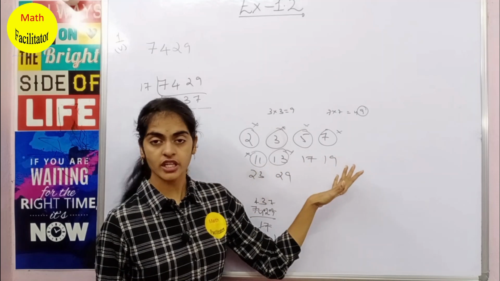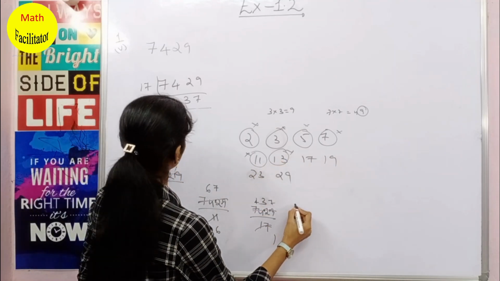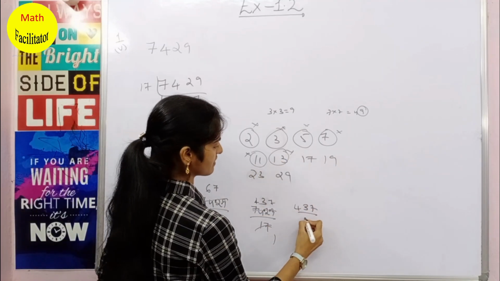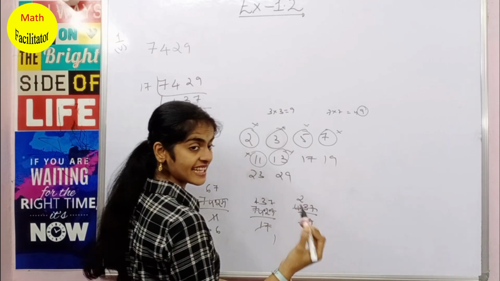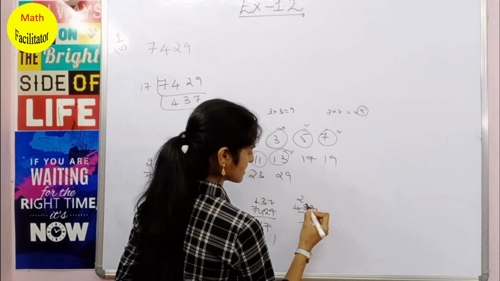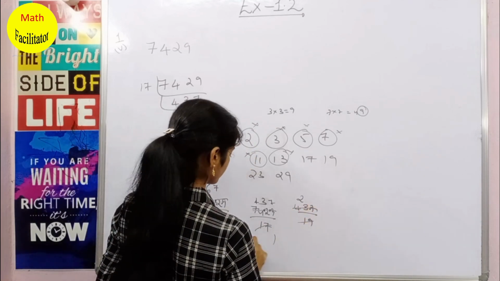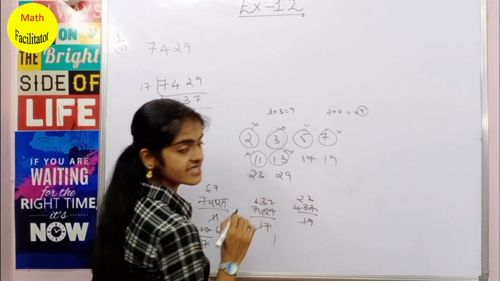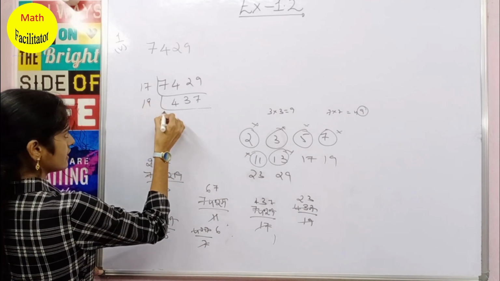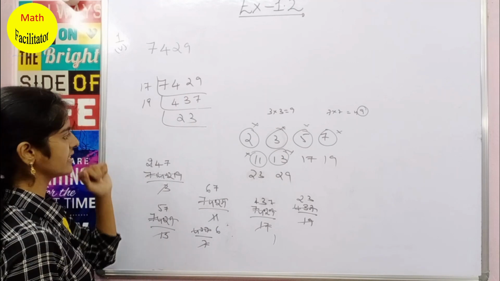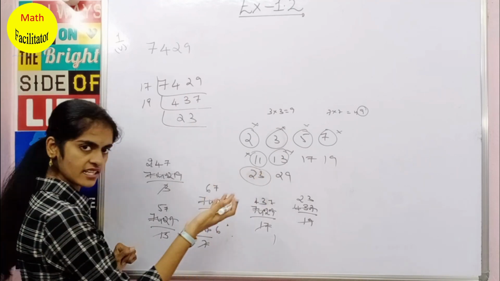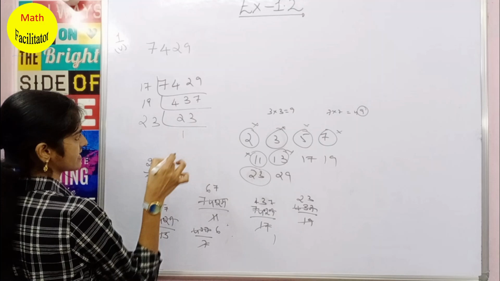So in this way, if you keep on checking, only 19 is divisible. Okay, so let me check it here. 437 divided by 19. Okay, so 19 2s are 38. Okay, so 5 is a remainder. Clear? So 19 3s are 57. Okay, so you got the answer as 23. Okay, taking 19 table. Now 23 itself is a prime number, so it divides itself.